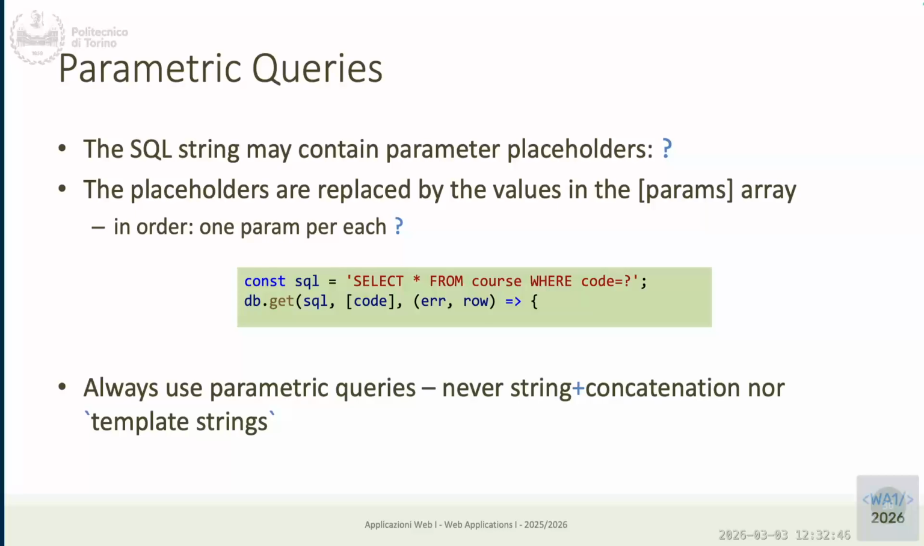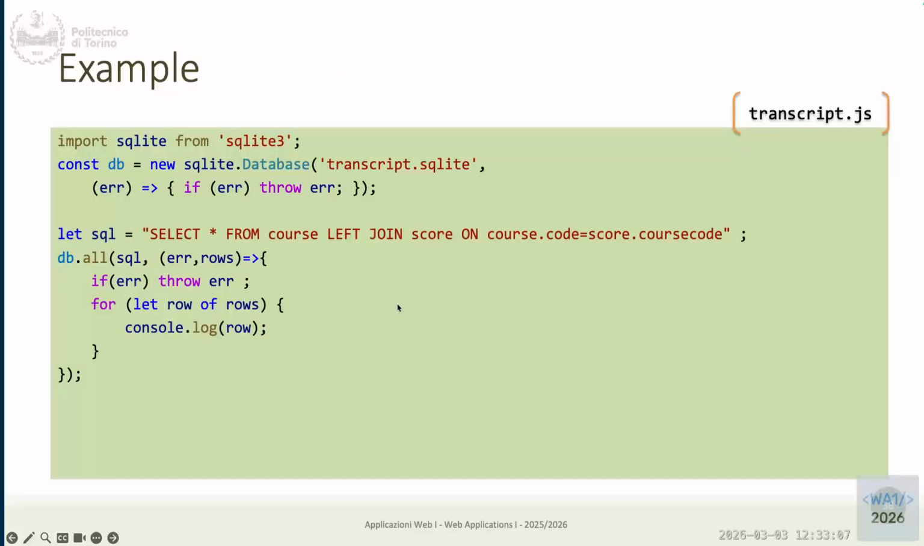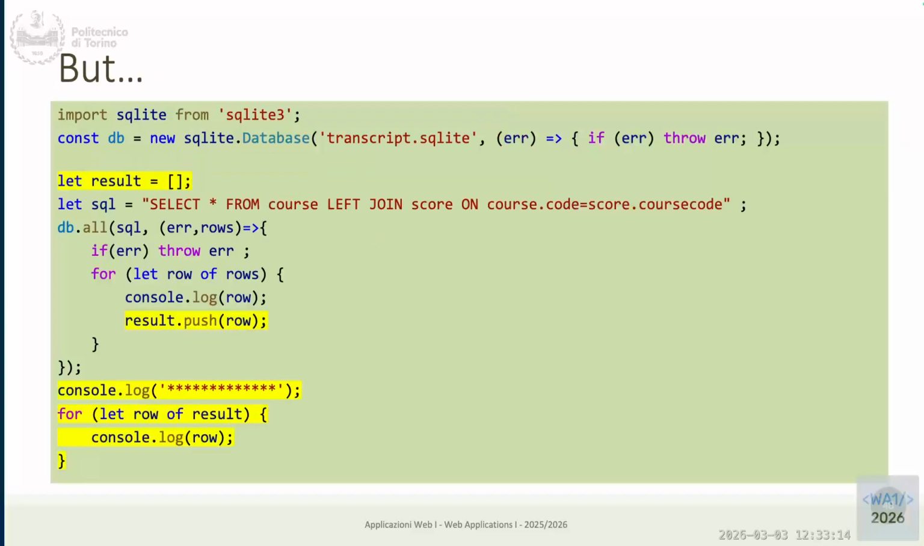The implementation of get, or all, or each, should check the type of the second parameter to understand whether it's a list of parameters. So it's, you know, a trick of the library that requires brackets also if you have only one parameter. Okay. Well, there are some examples, but